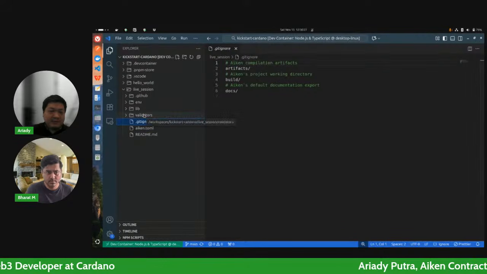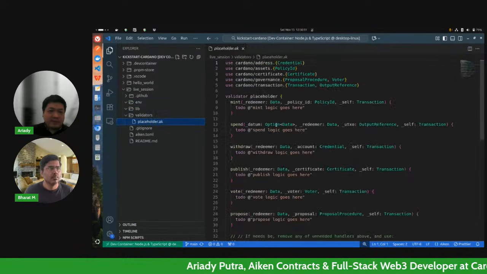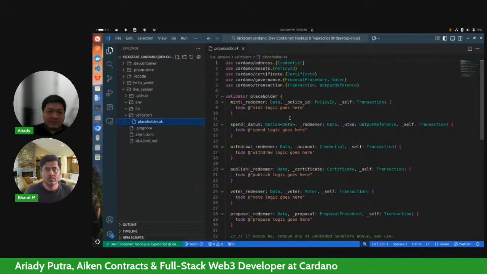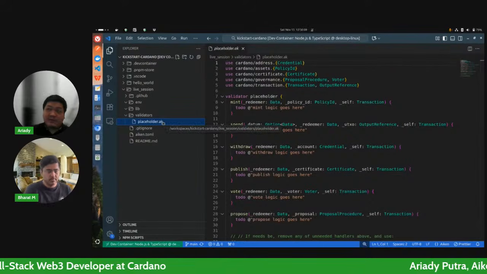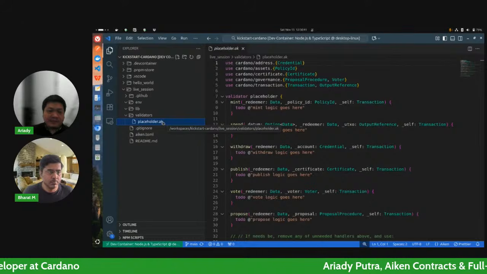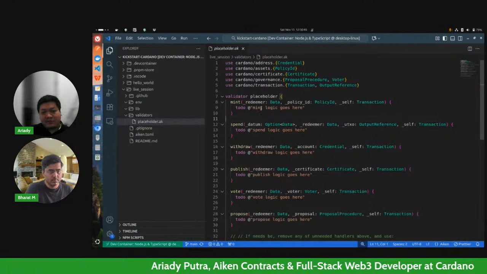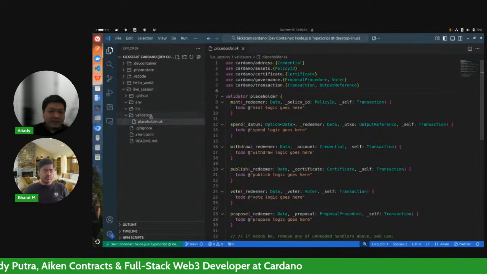And there is this gitignore file, and there are several other folders. Aiken also already provided us with a validator script, placeholder.ak. So .ak is the Aiken file extension, but this is not the one that we are going to deploy on the Cardano testnet.